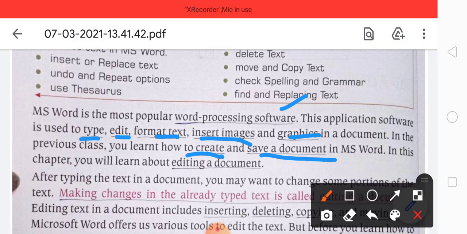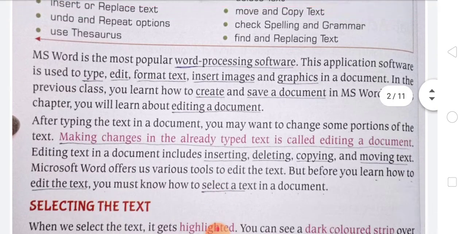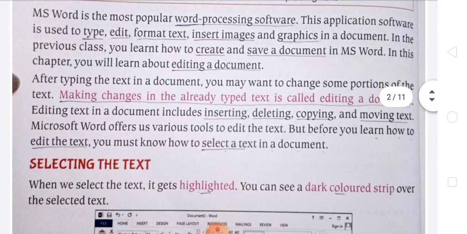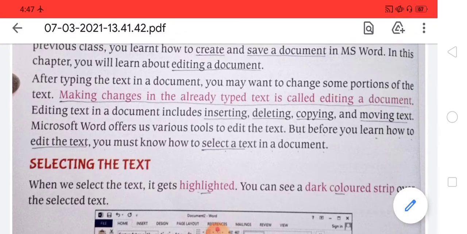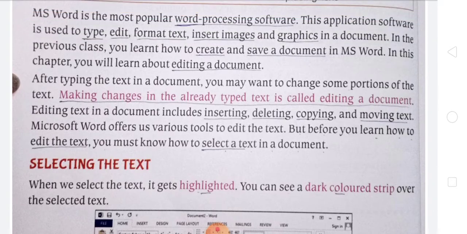In this chapter, we are going to learn about editing a document. After typing the text document, you may want to change some portions of text. Making changes in the already typed text is called editing a document.